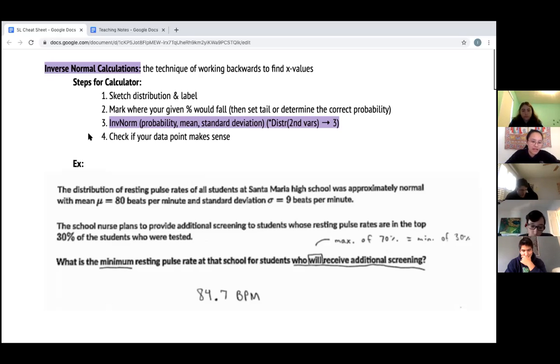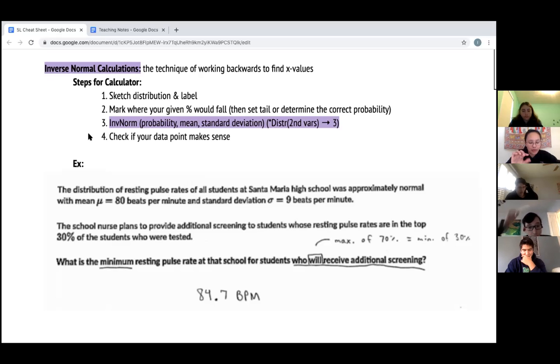Inverse norm, and then you see that there's probability, mean, and then standard deviation that is part of it. So distribution, and then second variable, and then you can go forward and then check if your data point makes sense. So for this example,